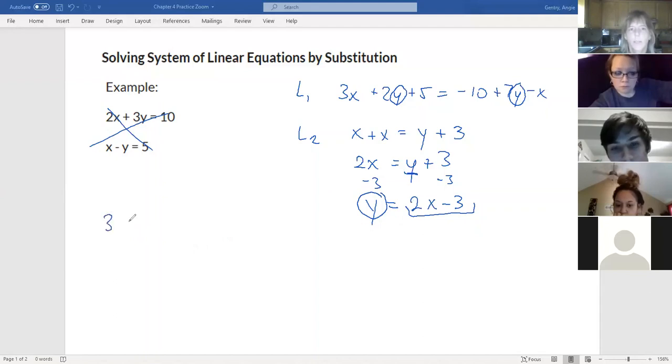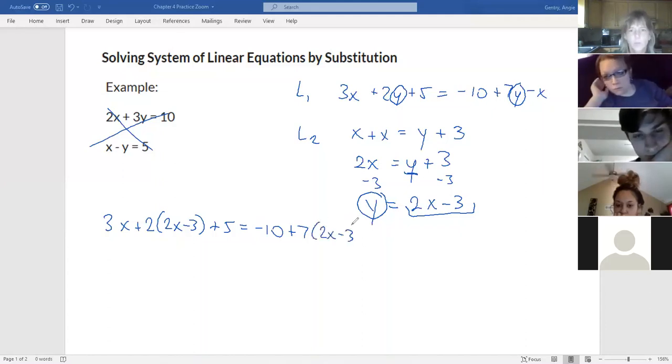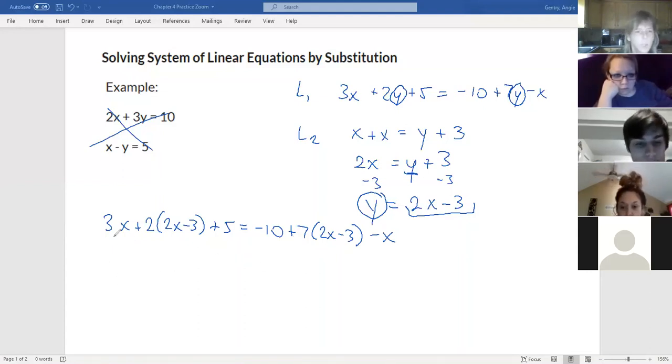3x plus 2 times y, which is 2x minus 3. So this is where it's critical. You've got to use parentheses so you can then distribute. Plus negative 10 plus 7 times y, which happens to be 2x minus 3, minus x. And then we'll distribute. It's kind of messy looking, but you're really better off, in my opinion. You can do it the other way where you move all the y's and x's to one side, but I'm going to stick with this for now and see if it works for me. 4 times 2x,